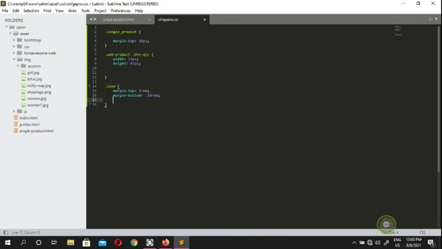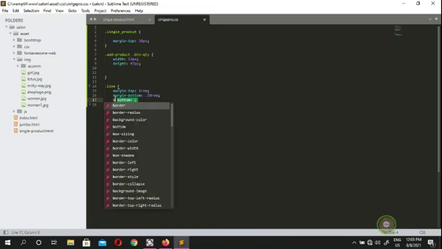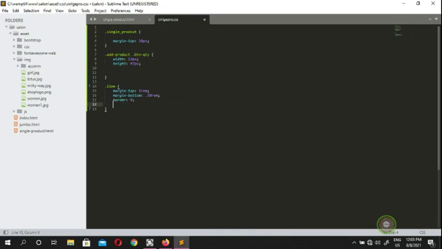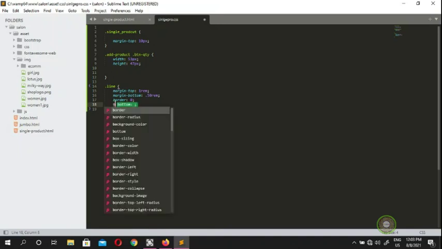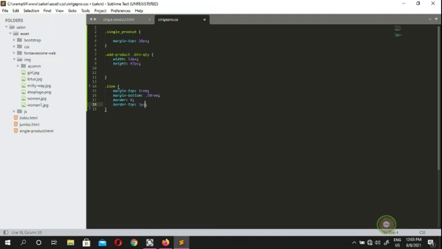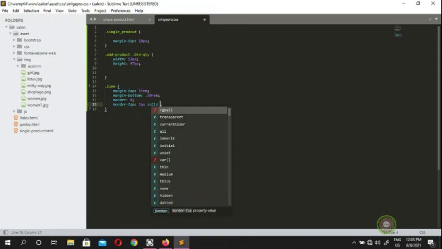And the border is going to be 0, because we don't want to give anything to the border. And we put a border top, and the border top is going to be 1 pixel, and it's going to be solid. And we put a solid E1,